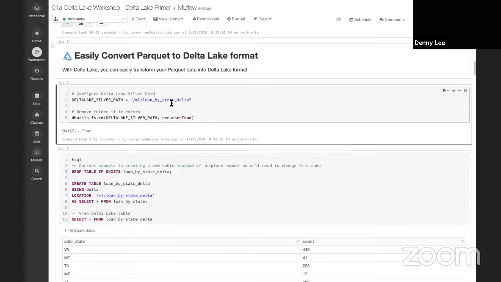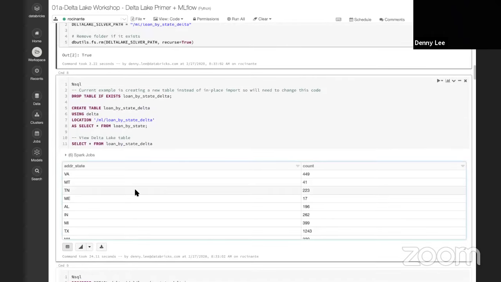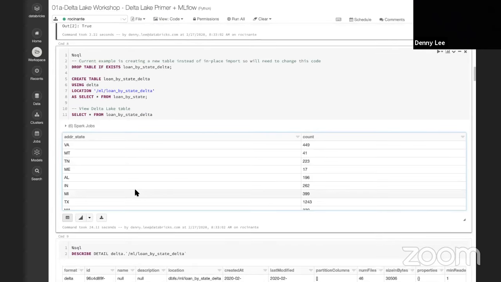In this particular case, I simply ran a create table statement, so I converted what used to be Parquet into Delta Lake. There's actually a Delta Lake one-step migration API as well that allows you to do that, but I just happened to do it this way. Nevertheless, now I have a Delta table.